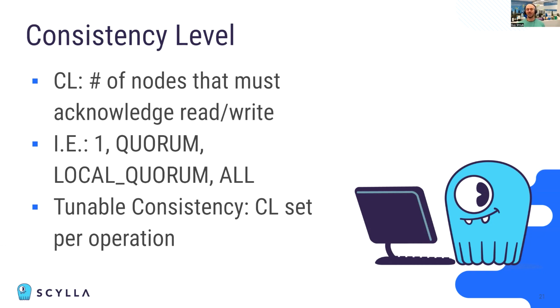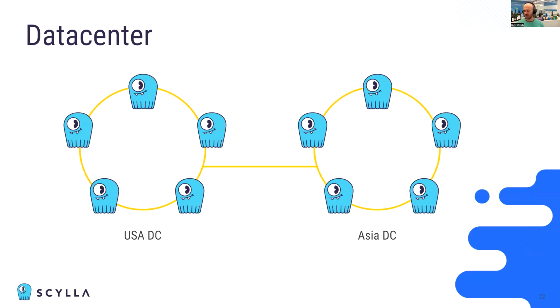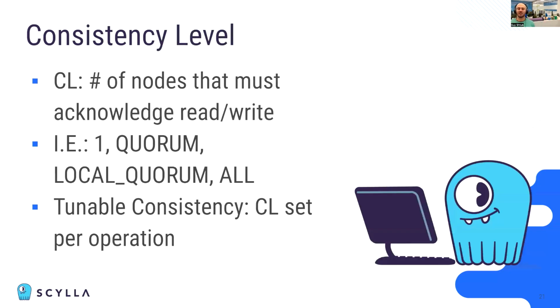So let's say that I have a 3-node cluster. My replication factor, as before, is defined as 2. And that means that each piece of data is copied to 2 different nodes or 2 different replicas. If I define my consistency level to be all, that means that 2 replicas, because we have just 2 replicas, need to acknowledge that query. Okay, so